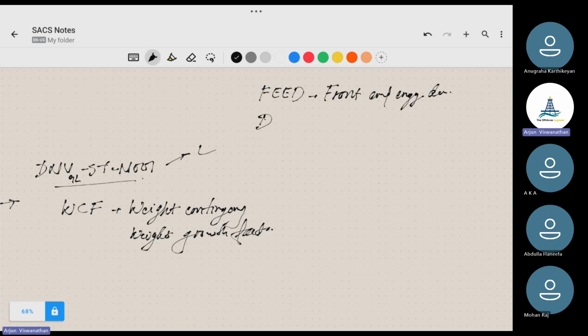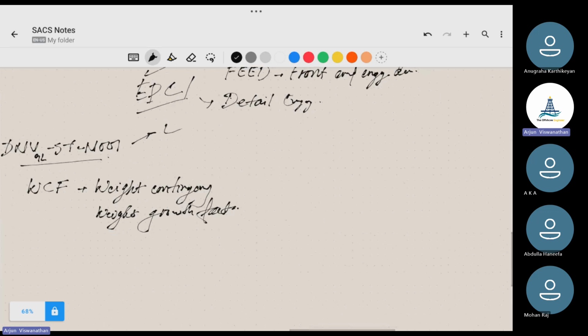Then another one is detailed engineering. We have the EPCI stage: engineering, procurement, construction and installation. First we have FEED, then once the contract is awarded, it comes to the EPCI stage. During the EPCI stage, first we have a detailed engineering phase. Here we got the award, we got the contract, and we are going to start the engineering of the structure. Here we will be very detailed, but still we are not sure what configuration we may achieve,